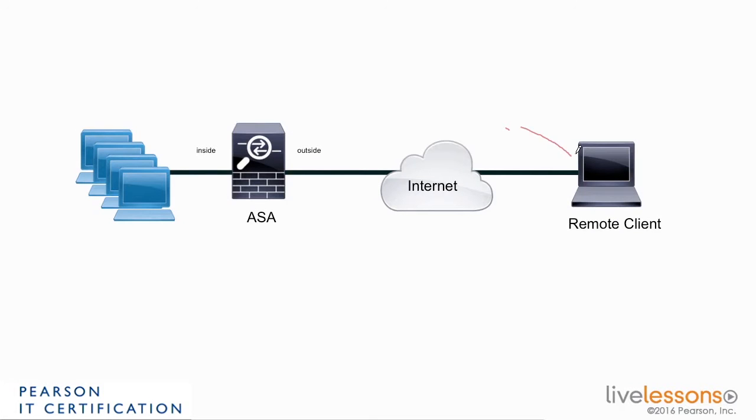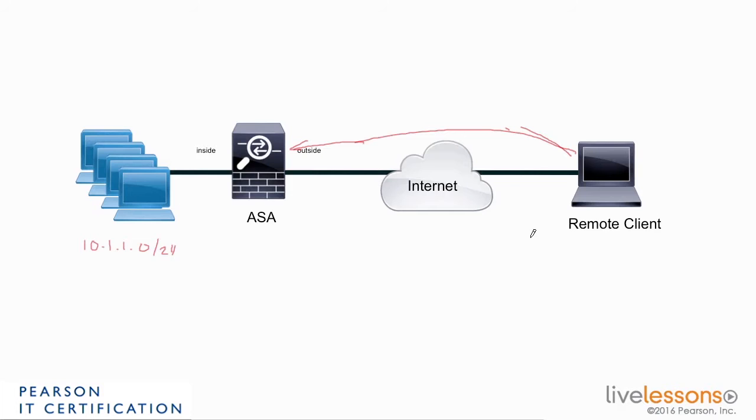So whenever you do not have split tunneling configured, all the traffic will be going over the VPN tunnel to the ASA. Whenever you actually have split tunneling, and let's say this is the 10.1.1.0 network with a 24-bit mask, the ASA tells the client what traffic the VPN client should encrypt and send to the ASA, and then all the other traffic will actually be sent in the clear to